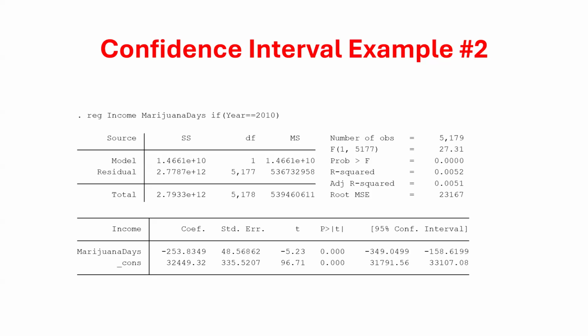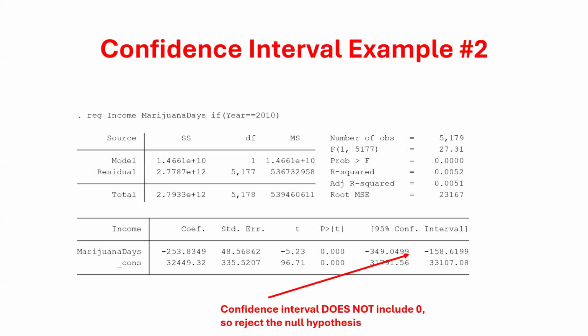Now, what would happen here if I wanted to instead do the 99% confidence interval? If I want to say things with a higher level of confidence, I'm going to need to make my interval wider, right? So if it gets wider, is it more or less likely that I can reject 0 as the true value? Well, if it gets wider, what's going to happen to this upper bound? It's going to get closer to zero. Potentially, it could go past zero. I don't know unless I do the actual calculation, but it is going to make it less likely I can reject, because as my confidence interval gets wider, it's more likely it includes zero.